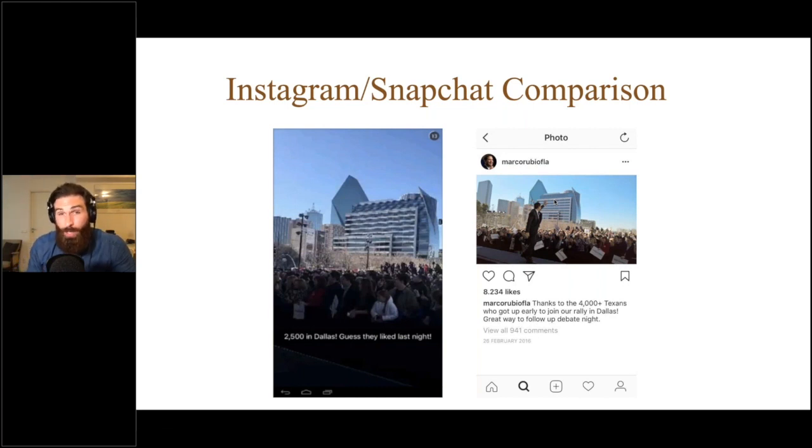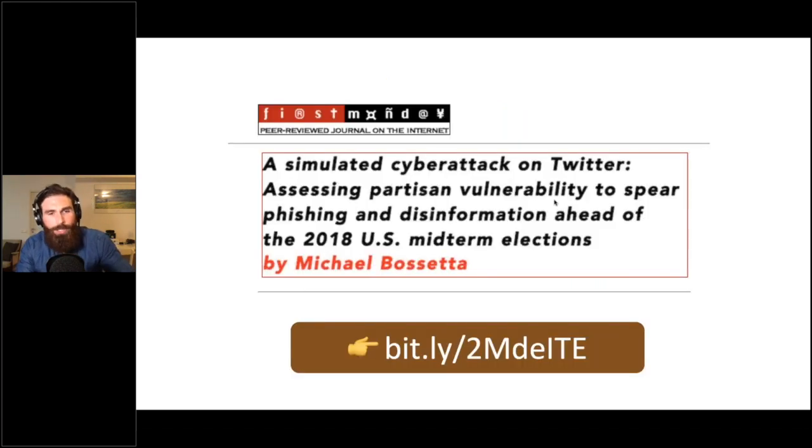So that's just one example of how the hardware difference between Snapchat and Instagram lends certain strategic advantages to campaigns using Instagram. But also in terms of information, you'll see on the left that the supporters were counted at 2,500 at the event, and then afterwards, when the campaign uploaded their total tally, it increased by 1,500 people. So when you have a more immediate platform like Snapchat, do you have time to actually accurately promote information, whereas on Instagram, you have the time to fact check it. So that's leading a bit into the disinformation part of the talk.